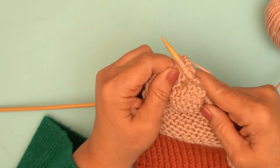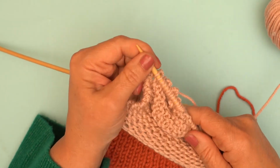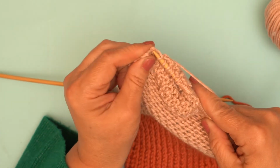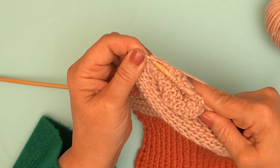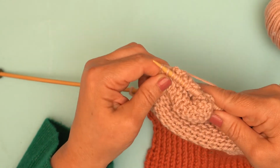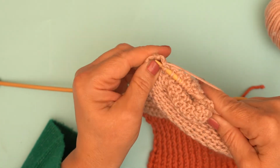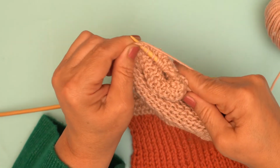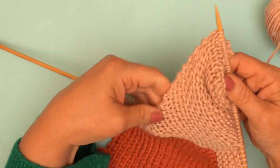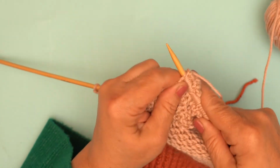7. Now this can be very sort of tight going, and you have to stretch the work around to meet it. 8, 9. Let's just do 9 again there. 9, 10. That'll be 10 there, and then we've got another 10 to pick up for the second half. So that's 1, 2,